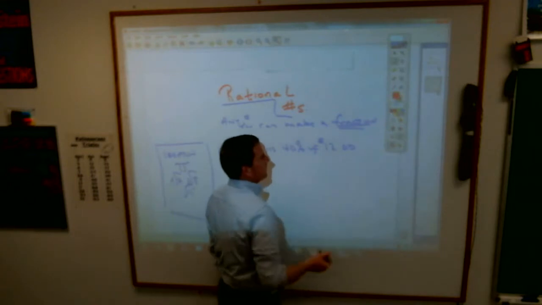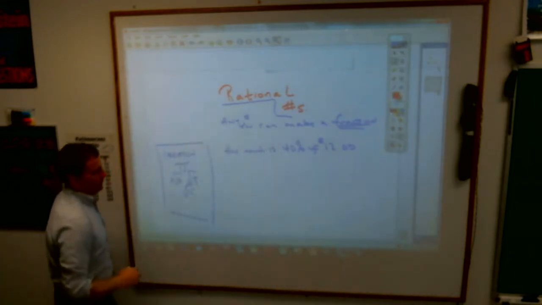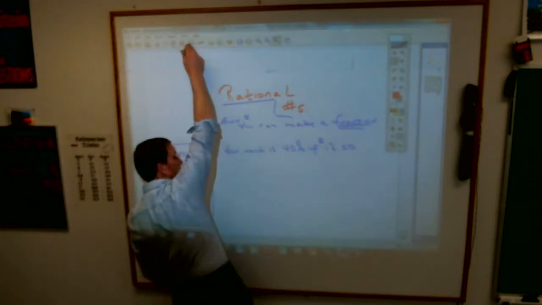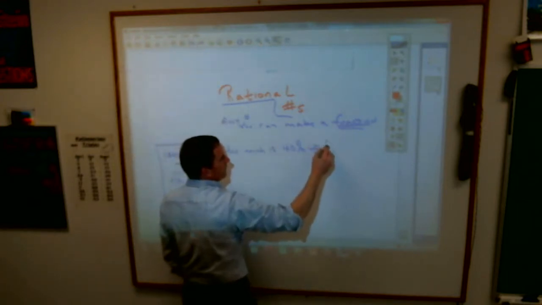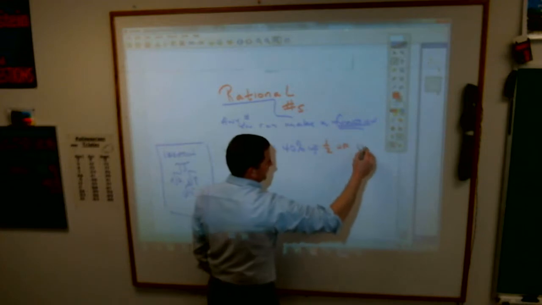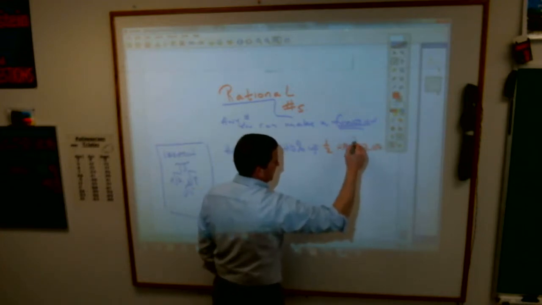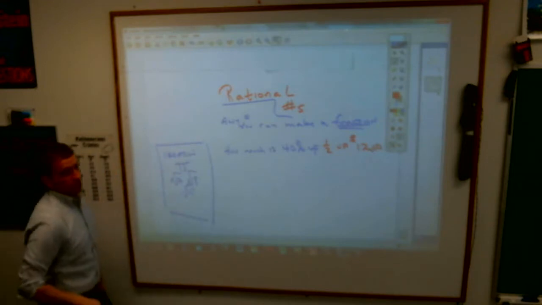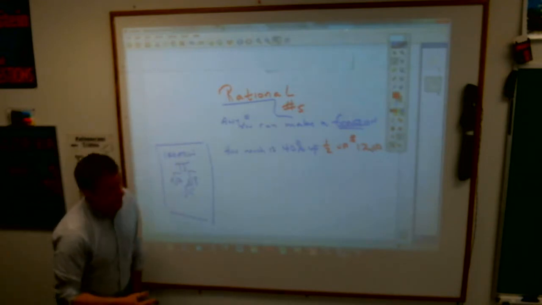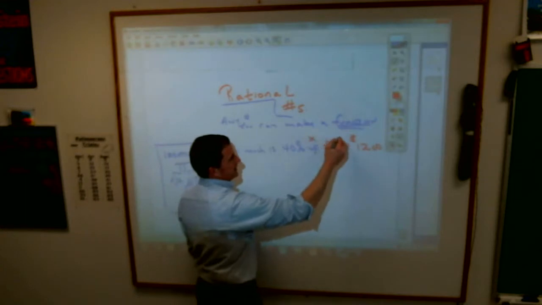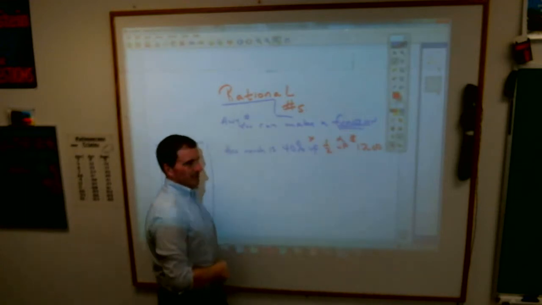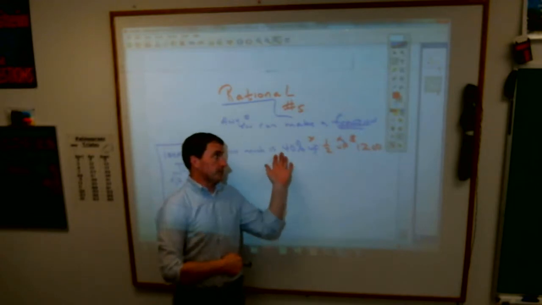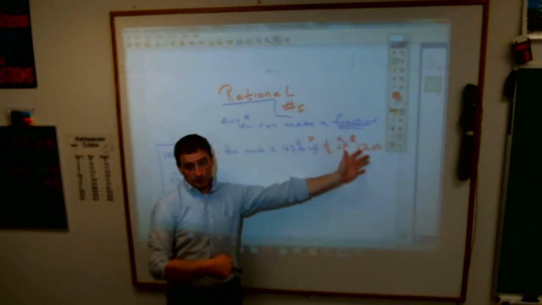Okay. So here's the problem. Oh, wait, I'm sorry, of 1/2 of $12. I gotta rewrite this because I missed something in the midst of all that. The deal with this is this. First of all, you should know that the word of means multiply, so all you're doing is multiplying these three quantities together. But you'll notice that they're all written in different forms. This is in percent, that's in fraction, that's in decimal.